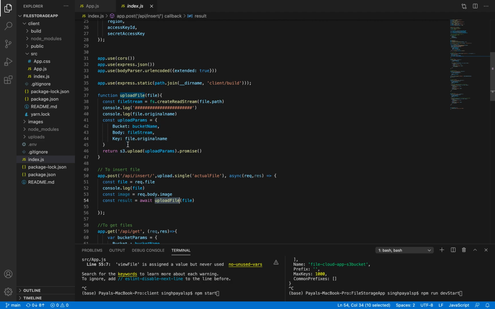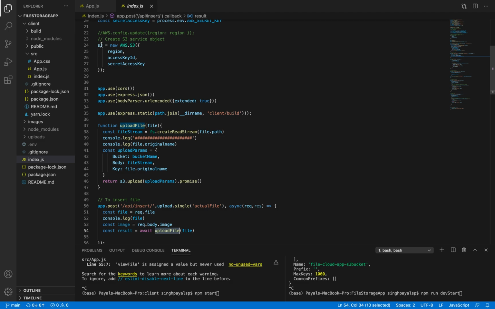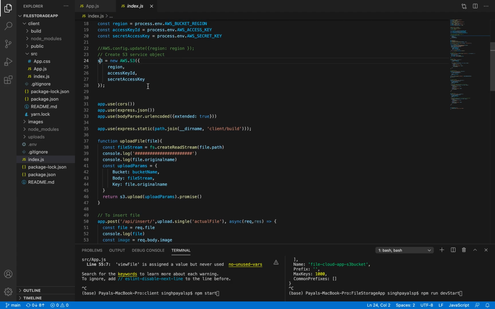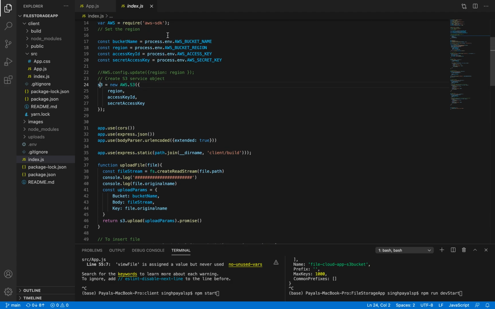And now, using these upload parameters, s3 is the object we have created here that, as I told you, will have the region, access key and secret access key. And now this will call the upload function of s3, and it will validate these things: the bucket name, bucket region, access key and secret access key.